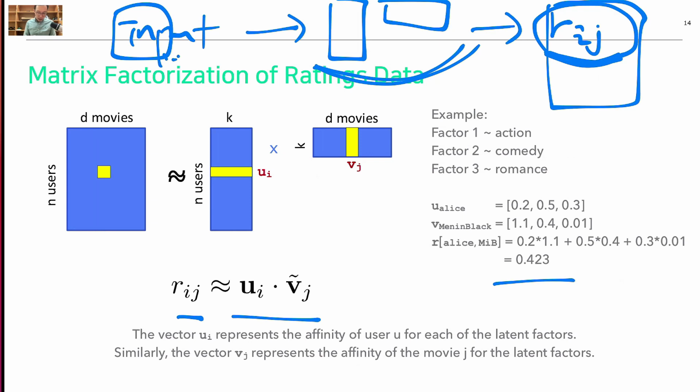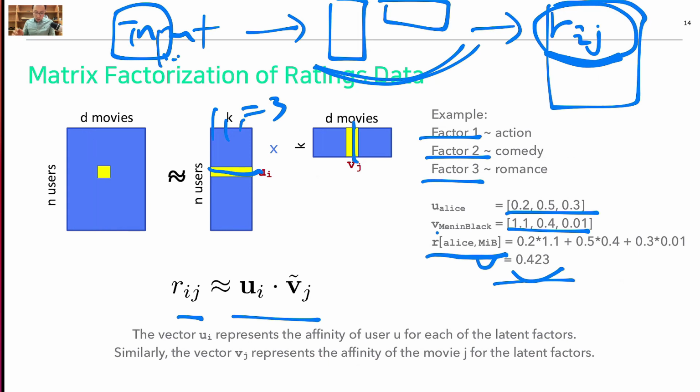So in this case, we assume that here the vector is this, here is this, to get the rating for Alice to the Men in Black movie, and we are able to get this one. So this is the predicted rating. Here k is equal to 3, for example, and factor 1, factor 2 and factor 3 could be something like action, comedy and romance. So it is learned from the SVD,